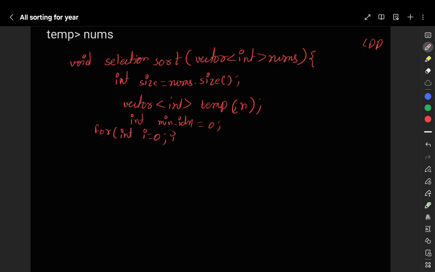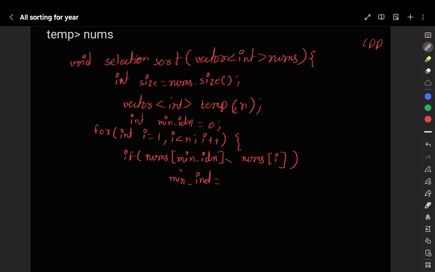Now I am traversing the array. I will write the comments. I'm checking the condition whether the minimum index is equal to the current index. After finding the new index,